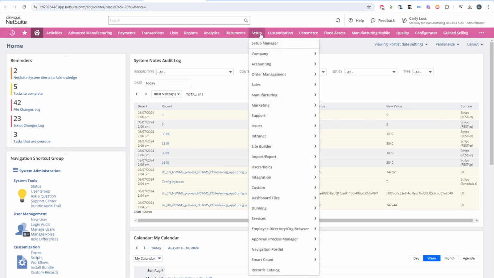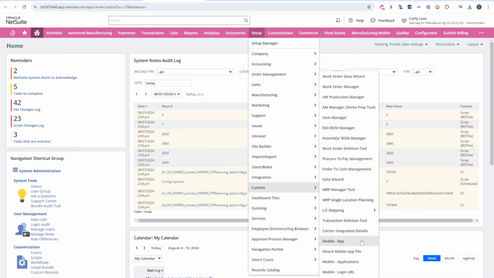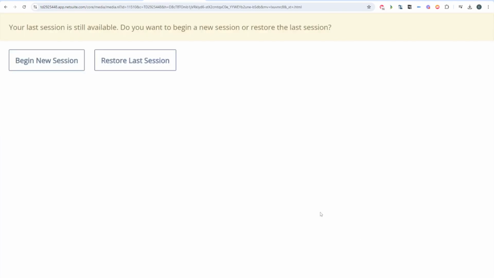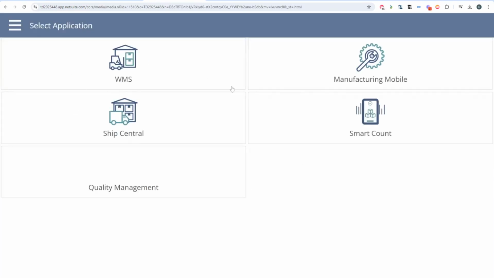So we're going to go to our mobile device. To do that, we're going to go to Setup Custom Mobile App. Keep in mind, this might look a little different depending on the roles and permissions that you have. I'm going to open my mobile app, which is going to take me to the SCM Mobile, or the Supply Chain Management mobile app. We're going to click WMS